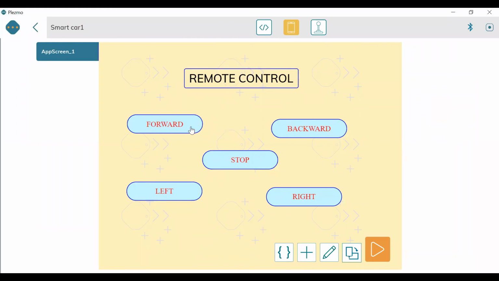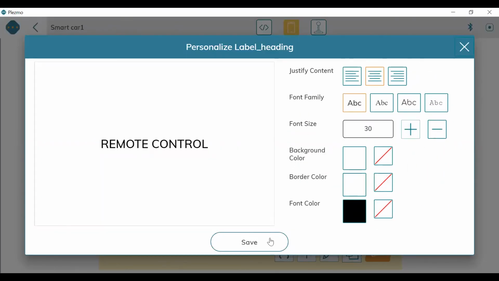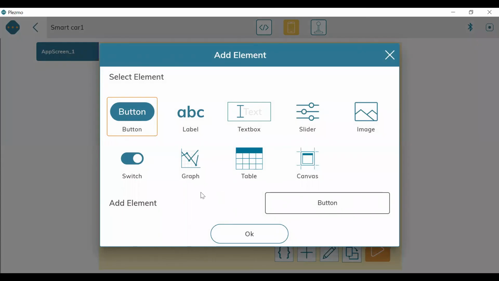So it's completely dependent upon you whether you use the border color or not. If I, for example, again go here, I can edit that I don't want any border color. So I will remove the border color and again it will come only as a heading, that is remote control. Fine. Let us now explore one more feature. We will go to image.